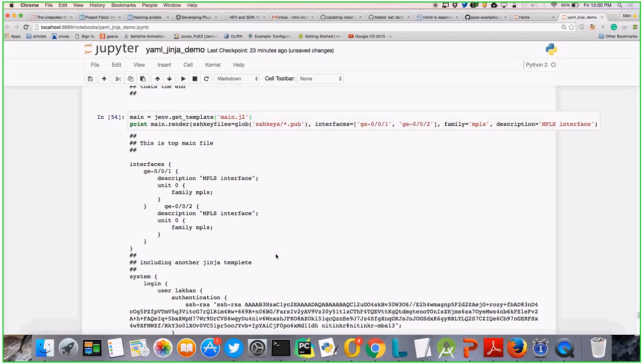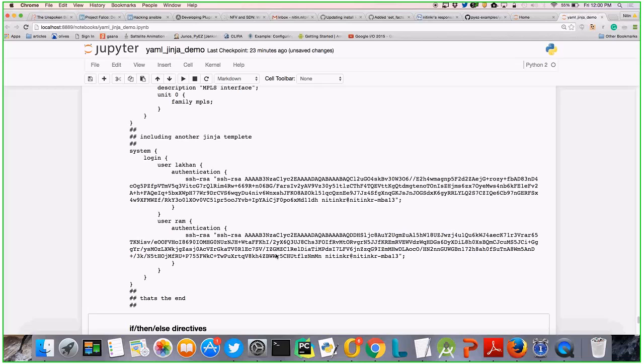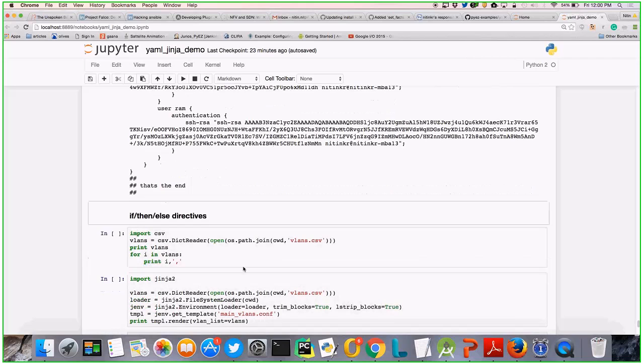So now if you see, for the main Jinja template, I'm doing a render where I'm providing the interfaces name where these things are being generated. And similarly, that users Jinja template is getting appended to that and we get the output. So you can break your template into parts and start using it. We have an include keyword which includes your template. We have a block keyword where you can define your blocks and put them into another template. That way you can define. So similarly, you have conditions also. The way we had for loop, you have conditions also in your template where you can do if else.